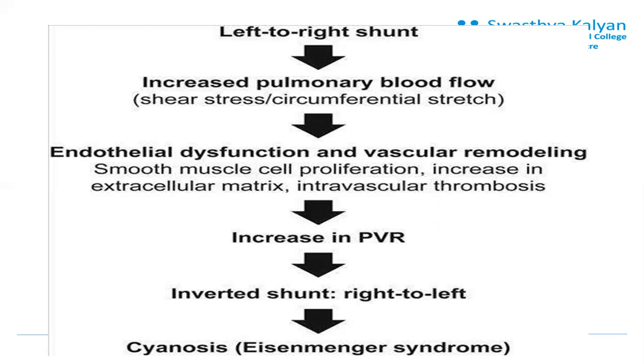Extra blood comes to the right atrium, goes into the right ventricle, and then into the pulmonary artery, which supplies the lungs. So there is increased pulmonary blood flow, which will cause endothelial dysfunction and vasculature remodeling, which in turn will increase pulmonary resistance and invert the shunt from right to left,